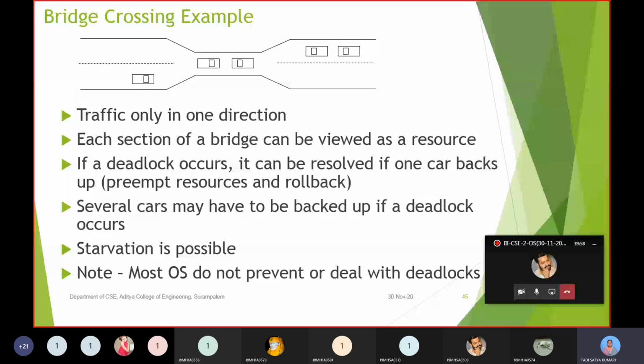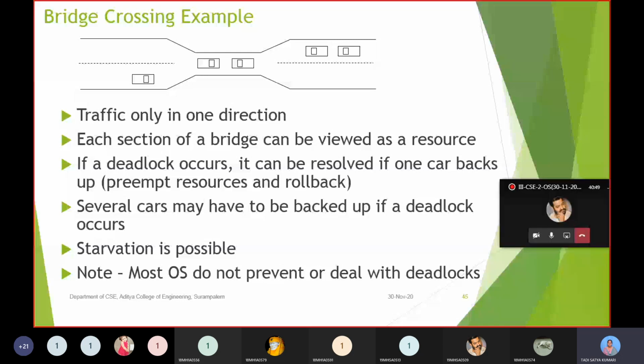So whatever solution we are going to provide for this deadlock situation, we have to make sure that the problem of starvation does not appear here. We have to ensure that whatever solution you provide for the deadlock should eliminate this starvation problem and provide the solution for the deadlock.